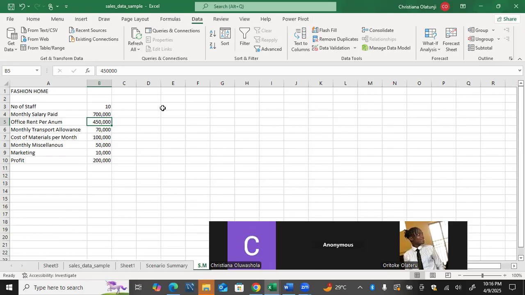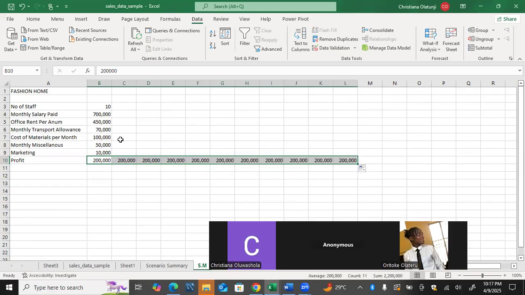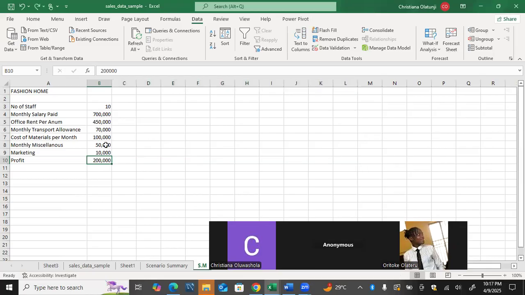Okay, so let's say I want to make a profit of 200,000 per month, and I want to see it for the next 6, 7 months. Meanwhile, I don't want to change any of these values. Currently, I'm making 200K monthly, and I want to see for the next 7 months. If I do not change these people and this, what resulted in this now is,